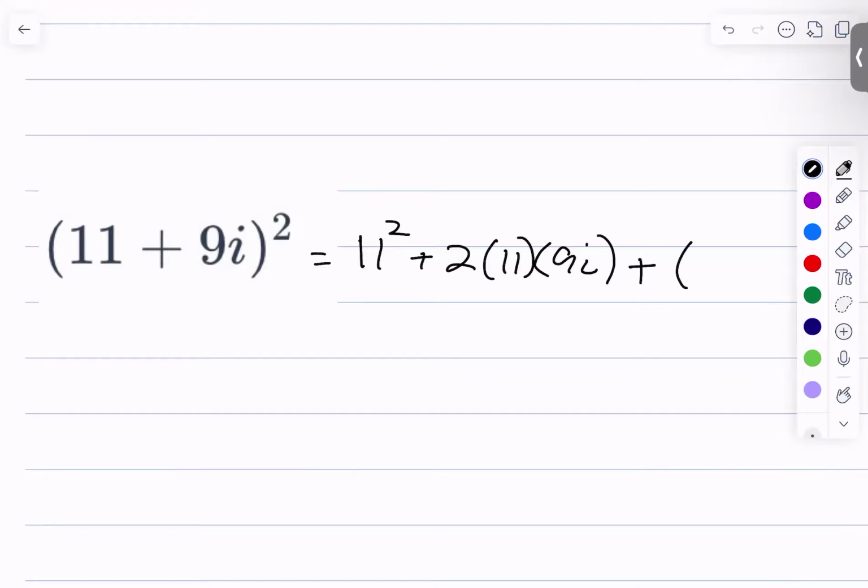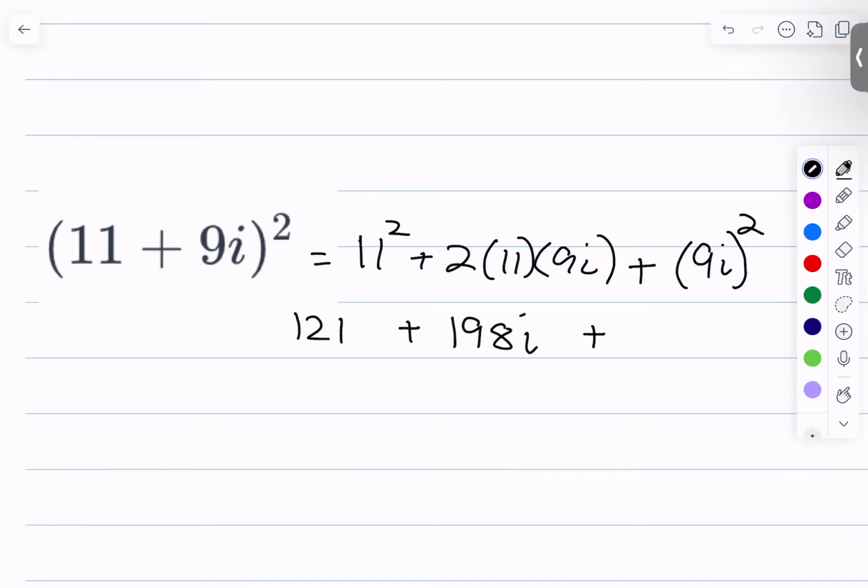My b value is 9i. Okay, so you want to make that quantity squared. So 11 squared is 121, plus 2 times 11 is 22, times 9 is 198i,